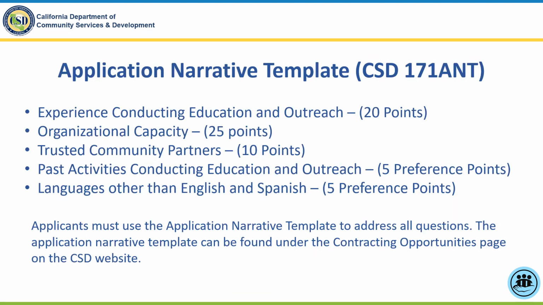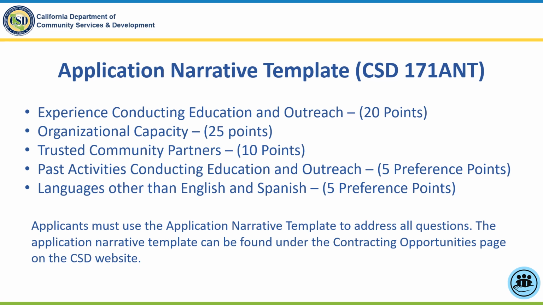Now we will review the application narrative template. The application narrative template is comprised of 5 separate sections that total up to 70 points. The application narrative template includes the following sections: experience conducting education and outreach, valued at 20 points, organizational capacity, valued